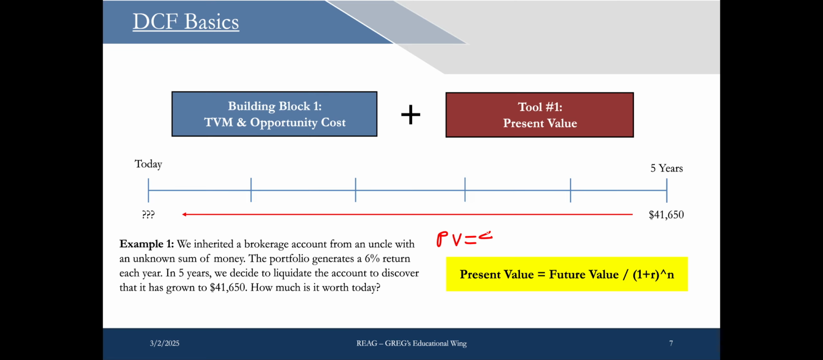So we're going to use that $41,000 as our future value, divided by 1 plus our R, which is our discount rate of 6%. And we're going to raise that by the number of periods we have in our timeline. So we're going to raise that to the 5th power. And that's going to equal